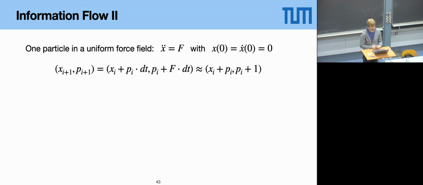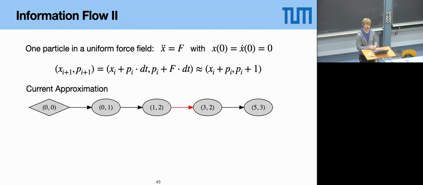But second example here, a physics example. Let's say we have one particle in a force field, x double dot equals f. I think everybody's seen that at some point. Let's say we want to evolve that system with an Euler step, say f and dt are 1 to make the expressions simple. Then we have these evolution equations here. And let's say we have a model that we want to train to learn this system, and it has learned these values. Then if you compare the predictions from step to step, you can see there's one transition where they don't fulfill the update equations. So there's an inconsistency here.